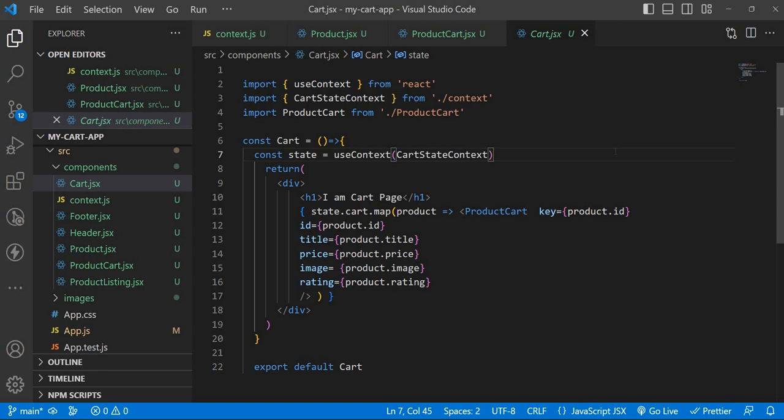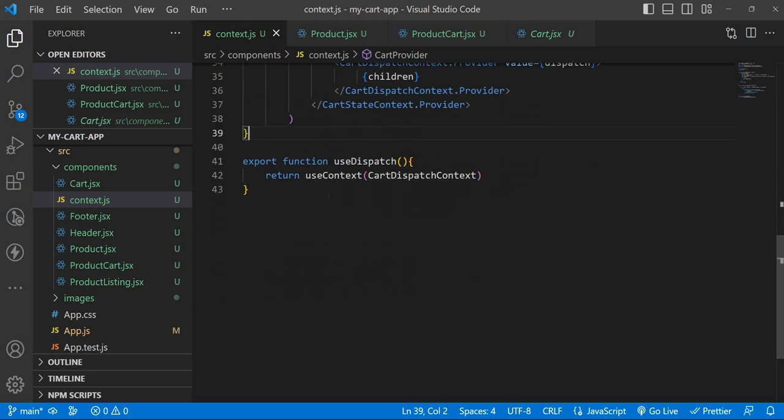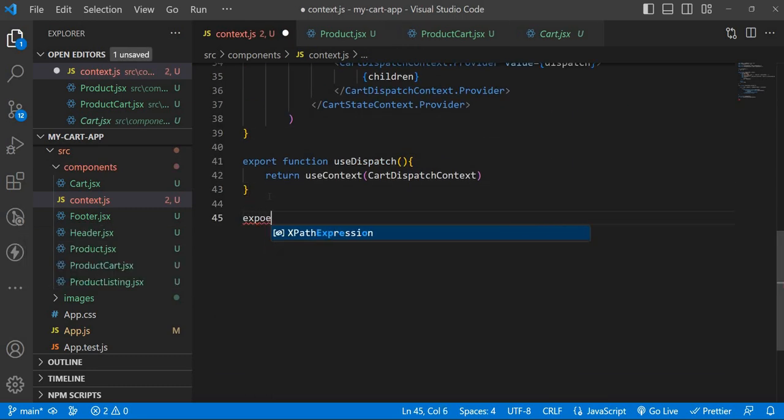Here also we can use a custom hook. Okay. I hope now you have at least some idea. Please do practice what we have done so far, and then come back and just do this one also. So this one is the use dispatch. So again, here I'm going to write